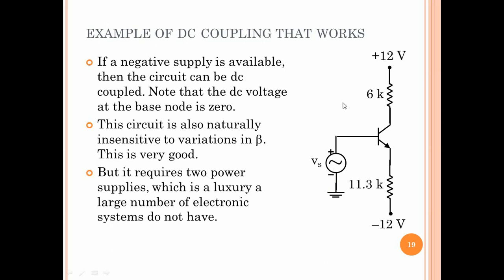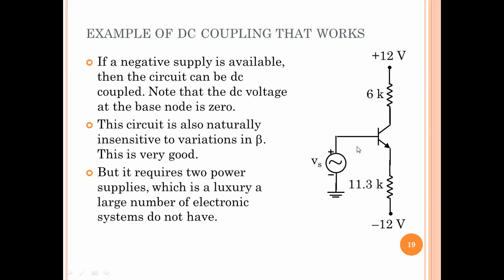If you analyze the circuit only for DC, then if this is 0, this will be minus 0.7. And then if you have 11.3K, this voltage drop is 11.3 volts. So we'll get a 1 milliamp emitter current, so about 1 milliamp collector current. And the transistor will nicely stay in the active mode even when the input source is connected to the base.